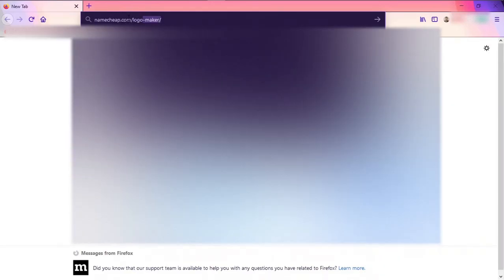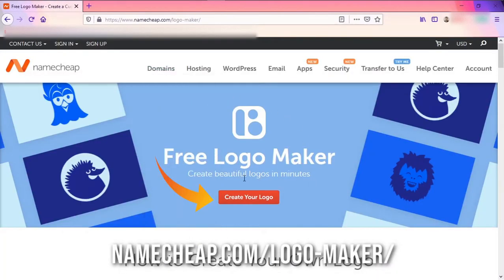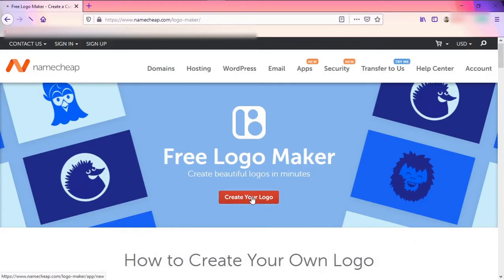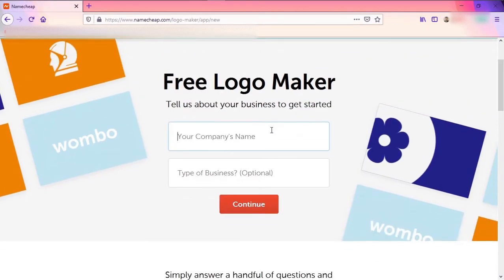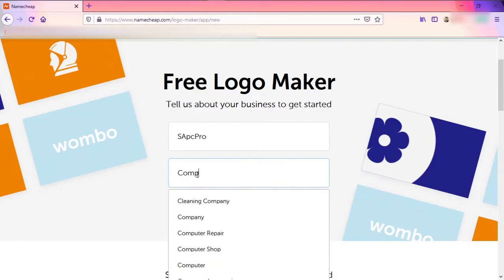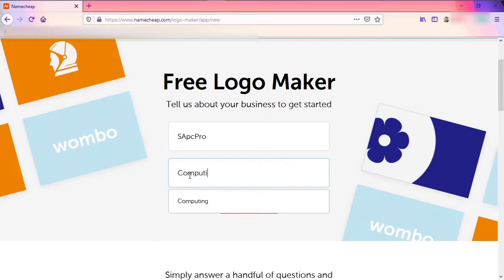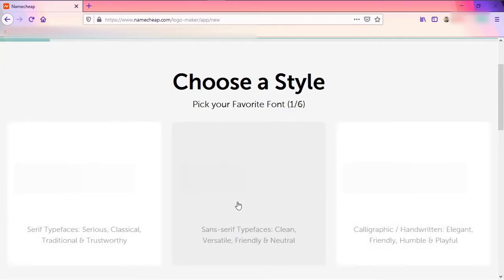First of all, type Namecheap in your browser, namecheap.com/logo maker, and click enter, or go into the link in the description. Now we will see this page, so click on create logo and this will pop up, which is asking you